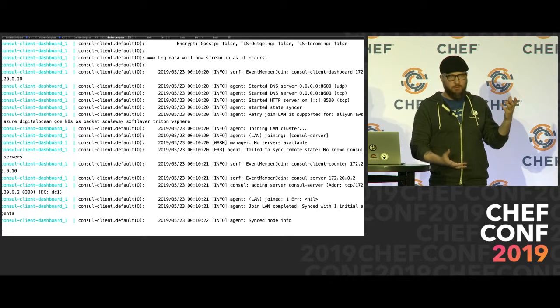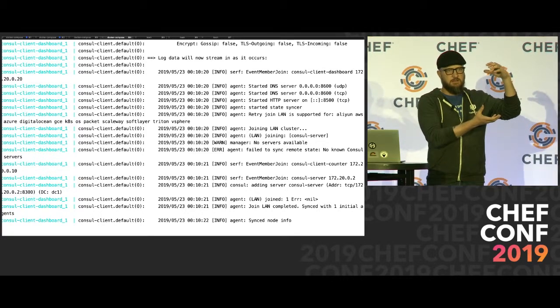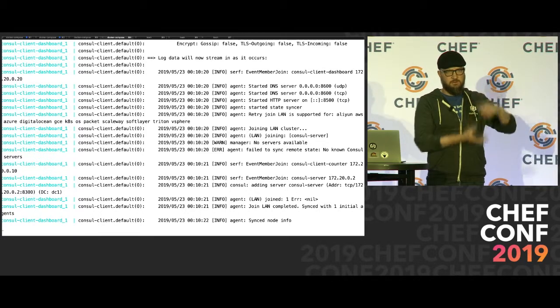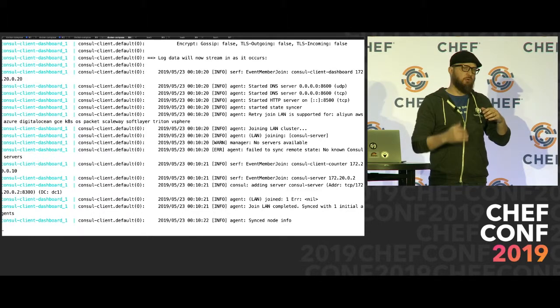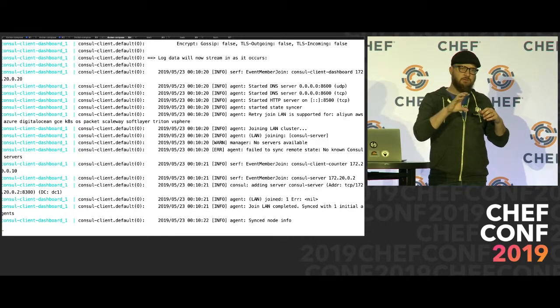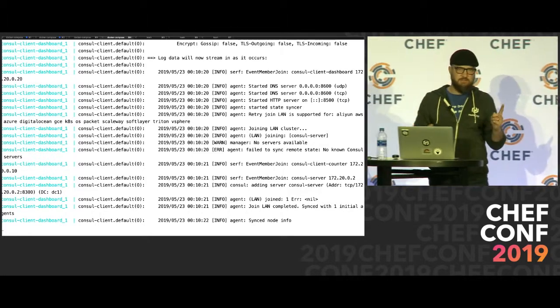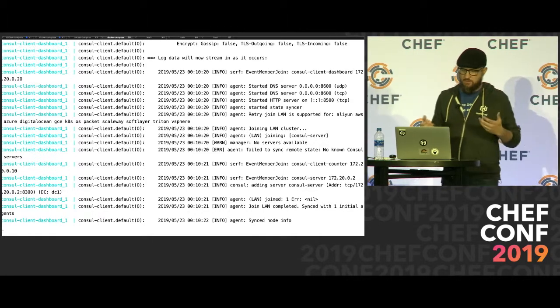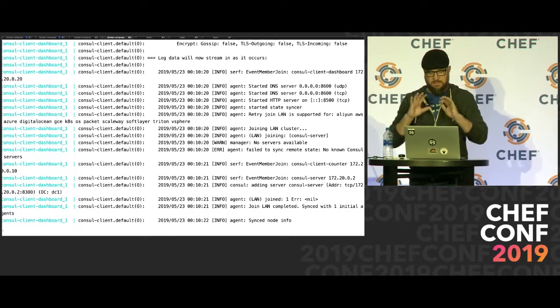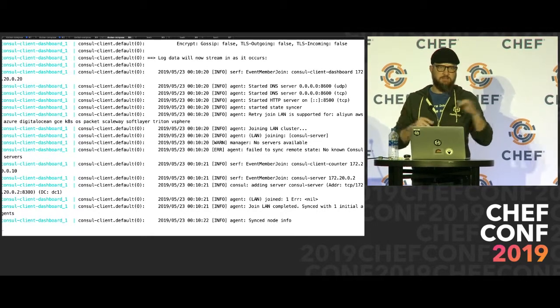So you could have multiple instances of console client, and then multiple instances of the counter application that are registering with those console clients, but really it's all just one service, right? So if those of you that are familiar with Kubernetes and running Kubernetes, it's very similar to pods and nodes, right? So